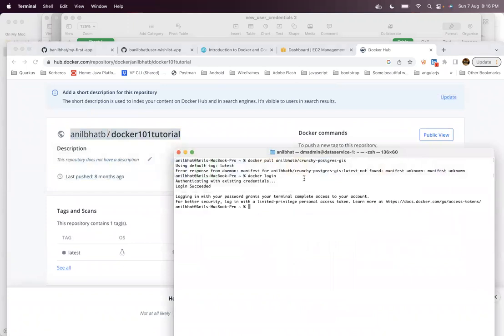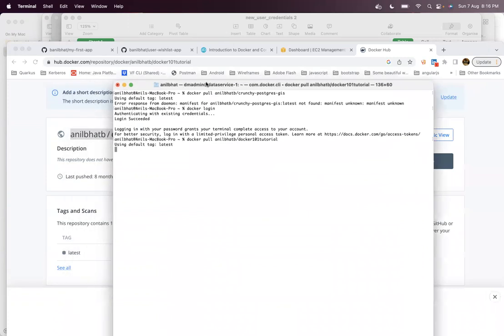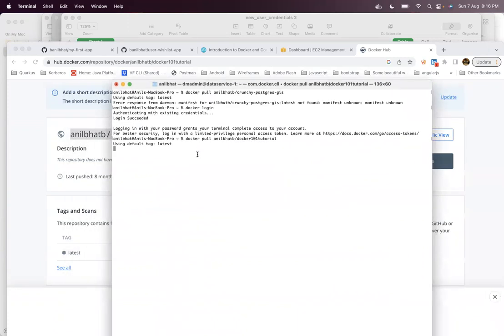So I can say docker pull and this. Okay, it is taking some time.